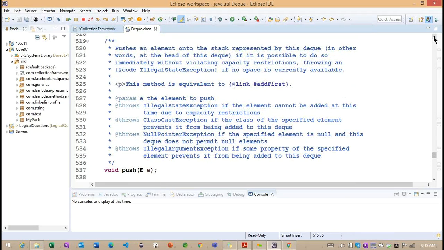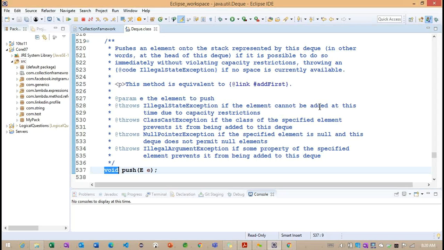Now what is this particular push method doing? It is going to store the element into the particular Deque here. It is going to add an element into the Deque, and again it can throw an exception, but the difference is that this particular push method does not return anything.